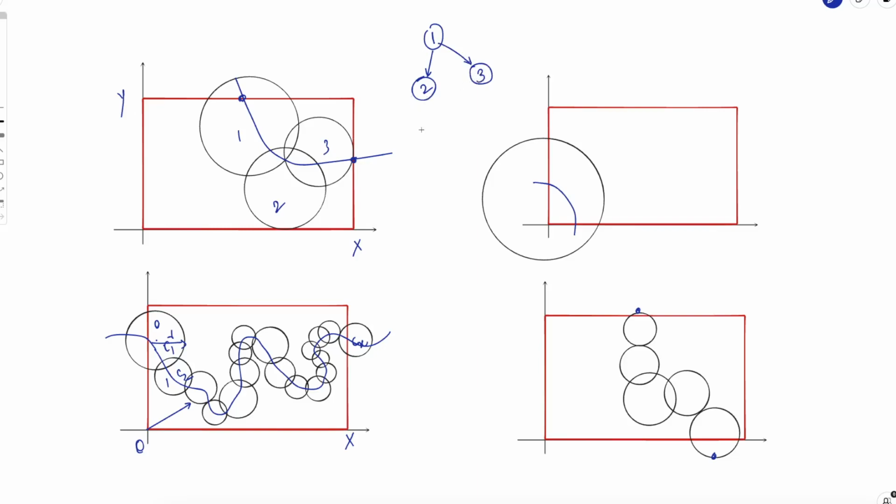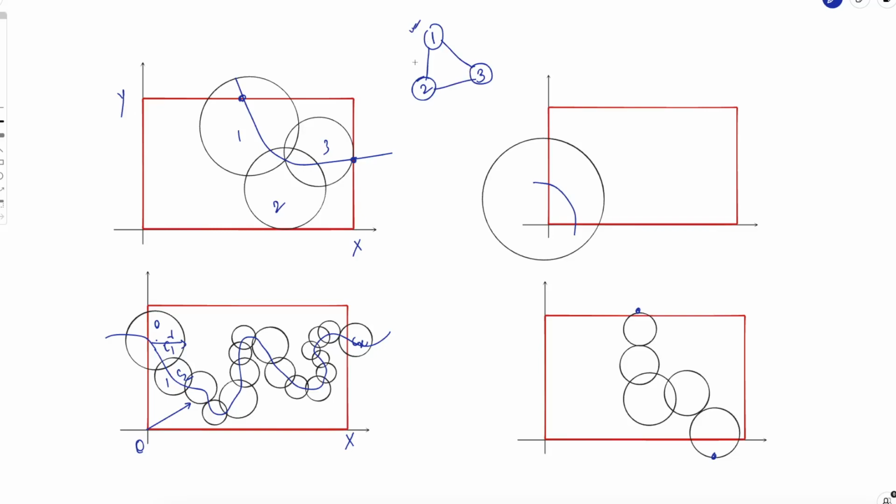Now you'll go to 2. 2 and 1 are connected, yes. So you will connect 2 and 1. 3 and 2 are connected. Answer is yes. So you will connect 3 and 2. Basically, this is an undirected graph. So once you have found this graph, let's make it undirected for simplicity. Once you have formed this graph, you can simply do a BFS or DFS or whatever you want